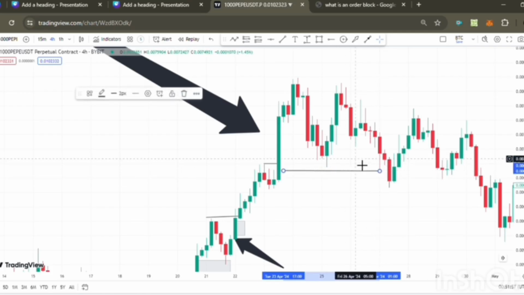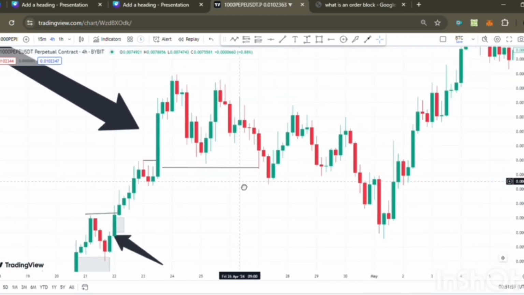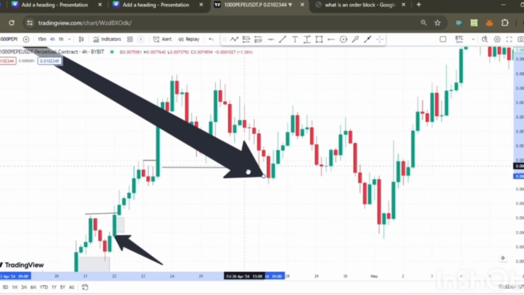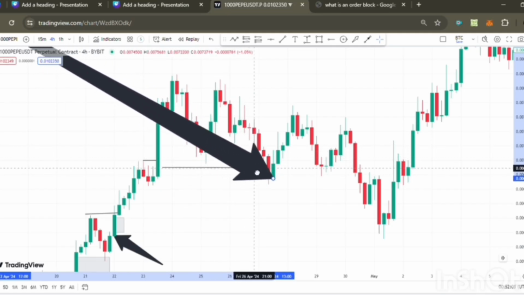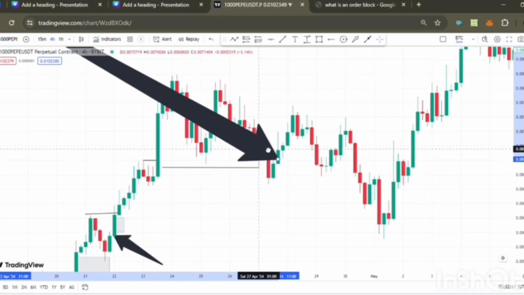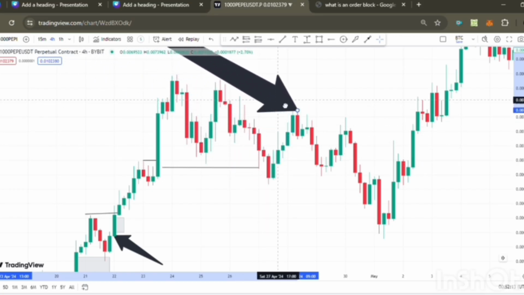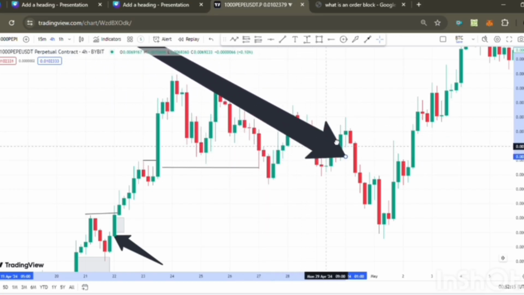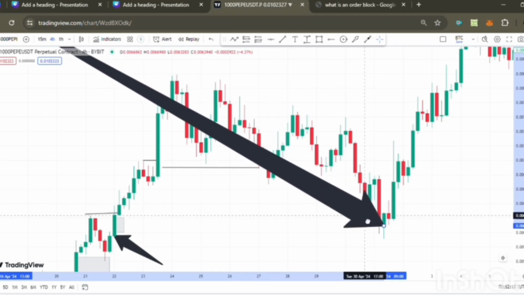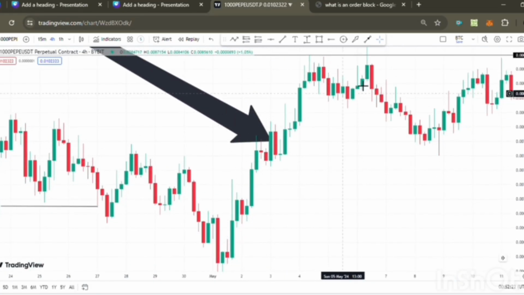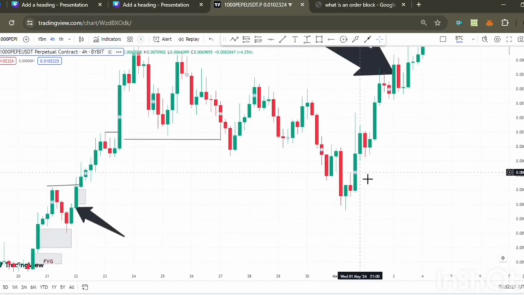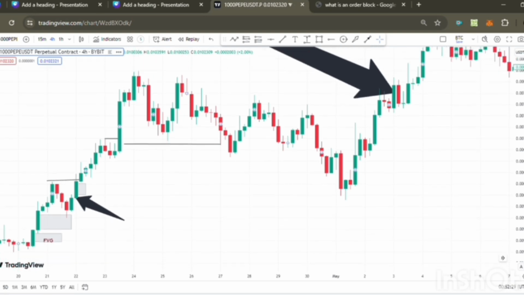The market made a minor change of character and pulled to the downside, breaking structure here, as you can see. But then it still went up and continued going down before it gets to here, and the market still continued its uptrend. So now that you know what an order block is all about,